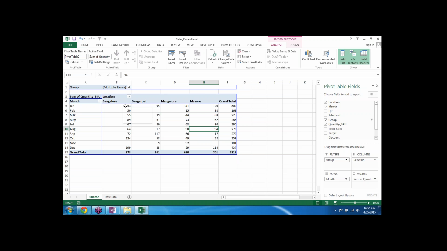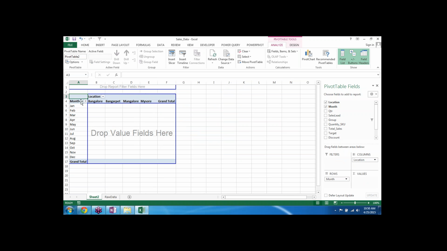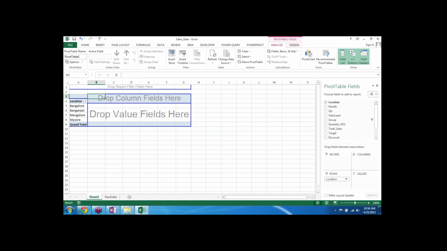Let me show you a very nice way of converting this data into a dashboard using these pivot charts and pivot tables. Okay, so let's start off with a simple pivot, and not one pivot. We will be having multiple pivots out here. See, we will be having two pivots for quantity and two pivots for sales. See, how do we make it? I want, first of all, location wise sales. How was my location wise sales?